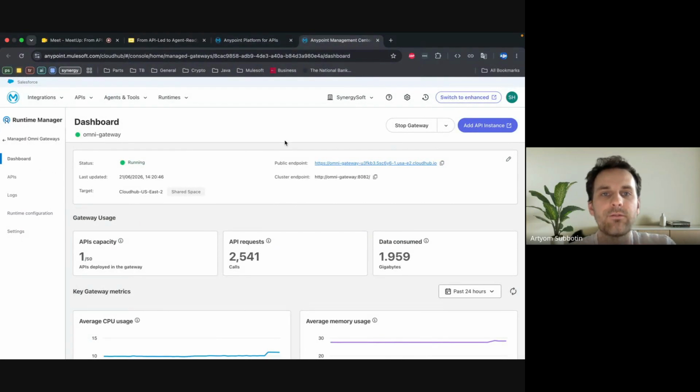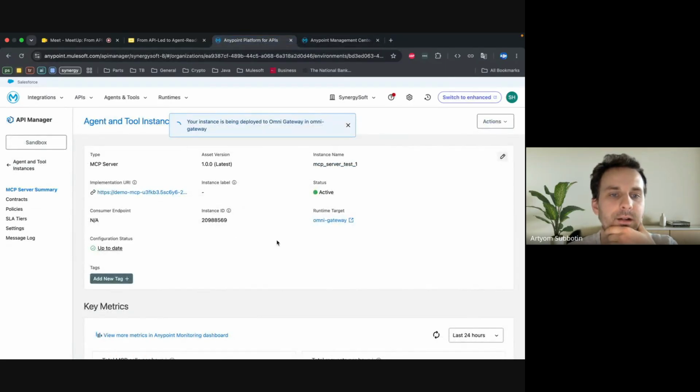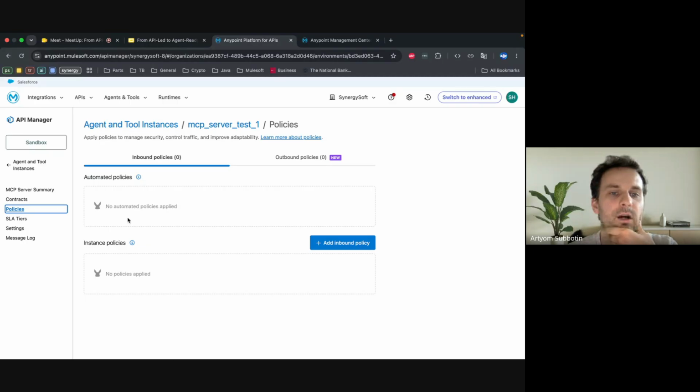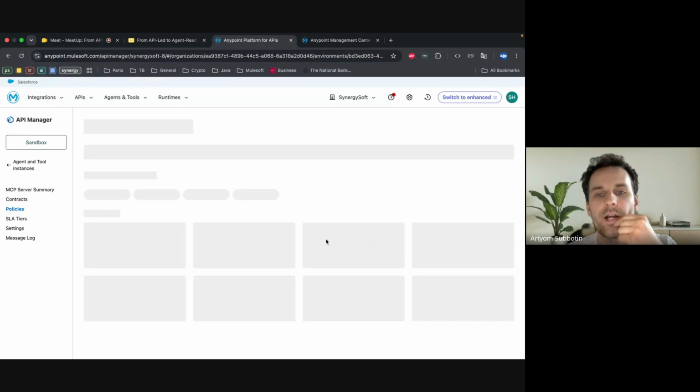But important point here. Yes, we have our MCP server using the MCP connector in place, but we need to apply some default MCP policies. The topic of policies we will touch a bit later.